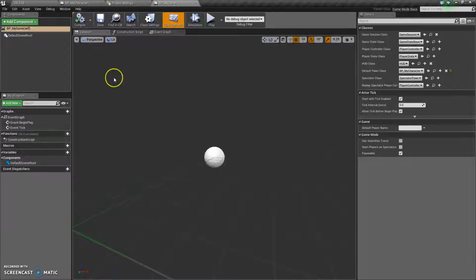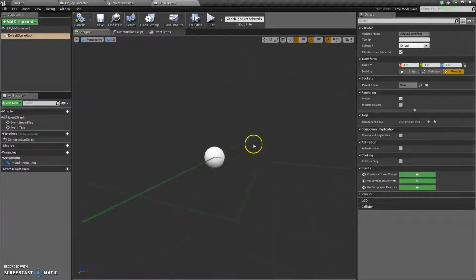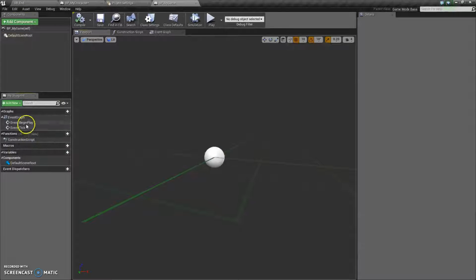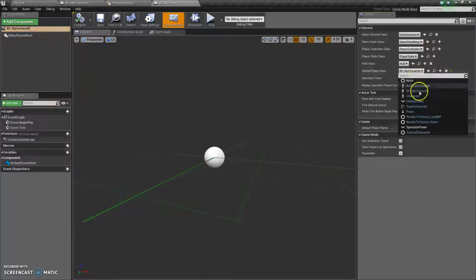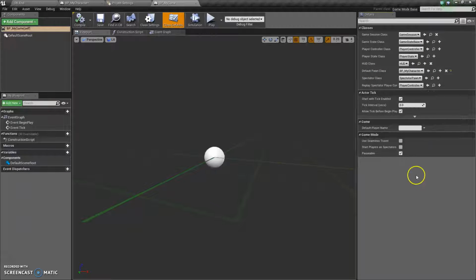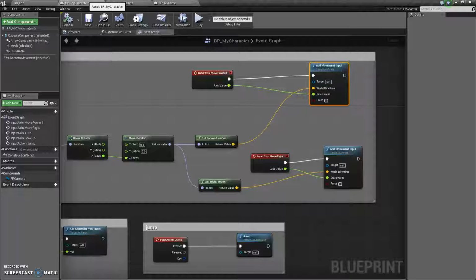And this is our player controller object, I think. And for this guy, all I had to do was tell it to make the default pawn class the character that I made. And so when going back to this,